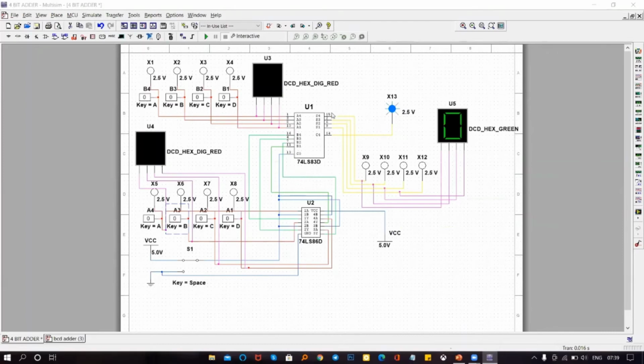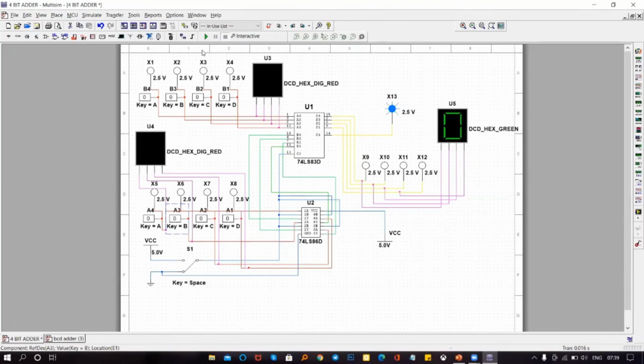And the output is generated at S4, S3, S2, S1 of the IC 7483. At the bottom we have the mode selector. When the switch is connected to the ground, it's basically 0, and it performs the addition operation. When the switch is connected to VCC, which supplies 5.0 volts, it performs the subtraction operation.